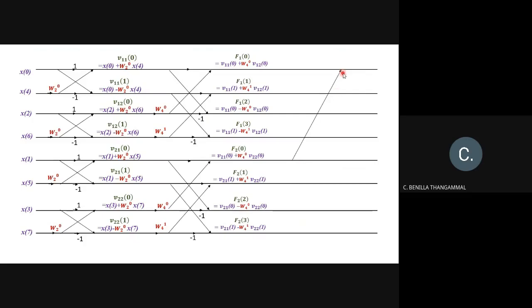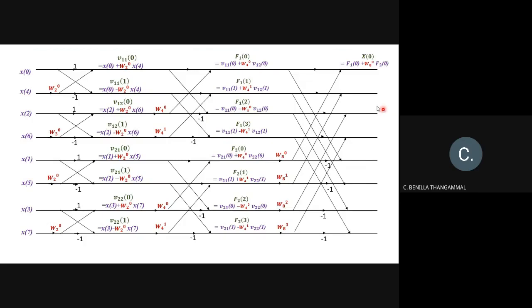So this 4 to 0 here. Next, next, next. Again, this is going to be the corner. So this way you have to draw. And then the arrow mark here: in 8 point, the periodicity is going to be 4. So upper 4 will be positive, the lower 4 will be negative, with twiddle factors W suffix 8 power 0, W suffix 8 power 1, W suffix 8 power 2, and W suffix 8 power 3. And then the minus 1 of the phase factor.